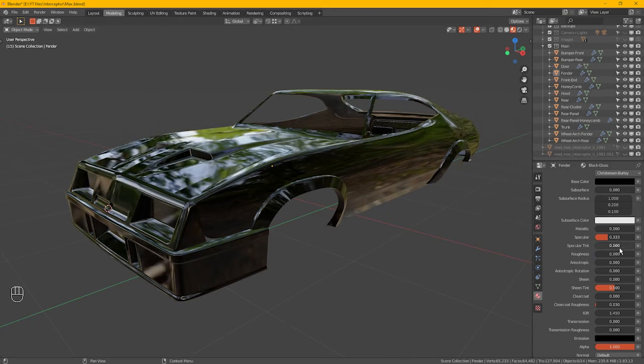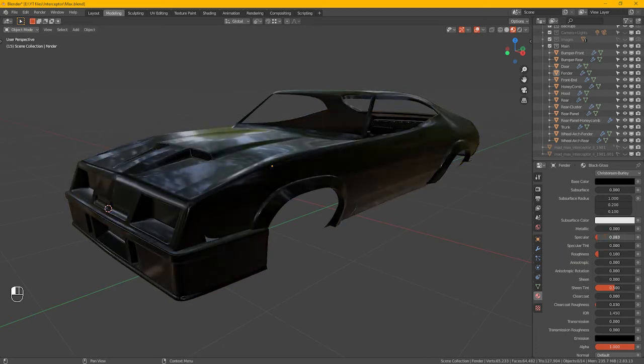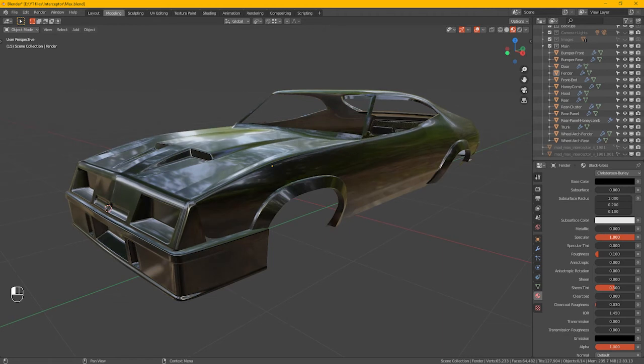Oh, too much. 0.1. Now if we adjust the specularity, we'll leave that at 0.3. I think that's too shiny to be fair, but